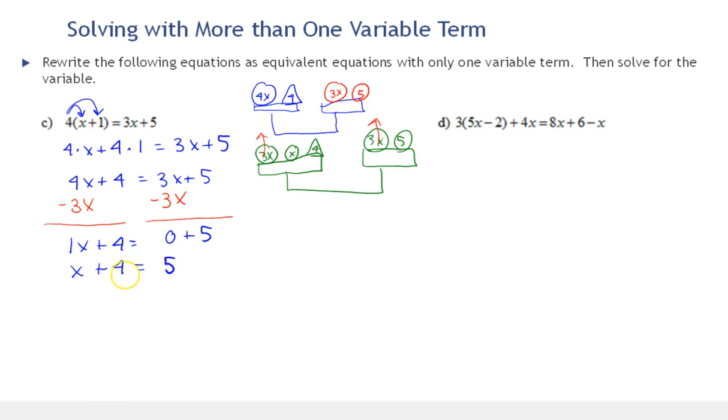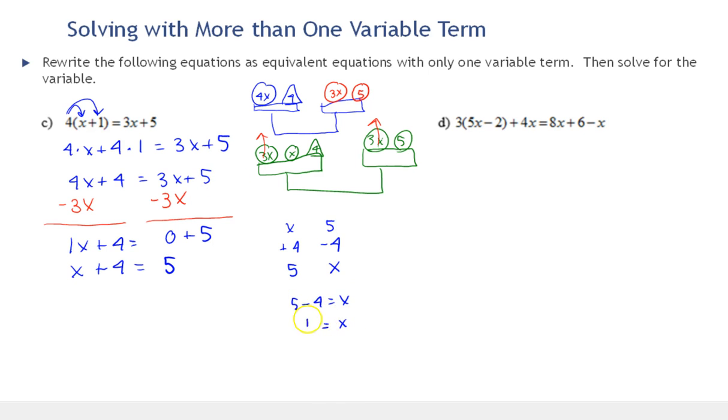We could write the story. The story is pretty easy here. You start with x and you add 4. The result is 5. So the deconstruct process would be start with 5, instead of adding 4, subtract 4, and the result is x. So 5 minus 4 is x,